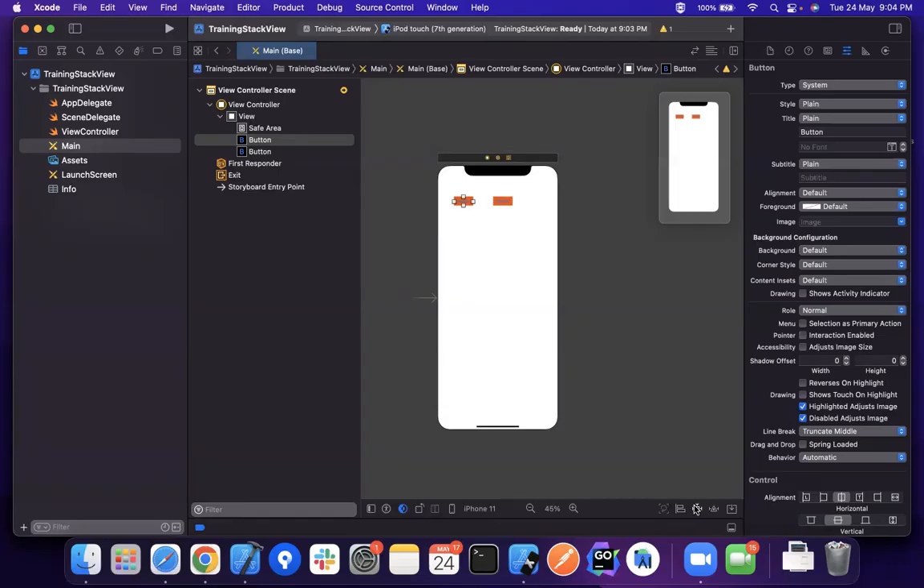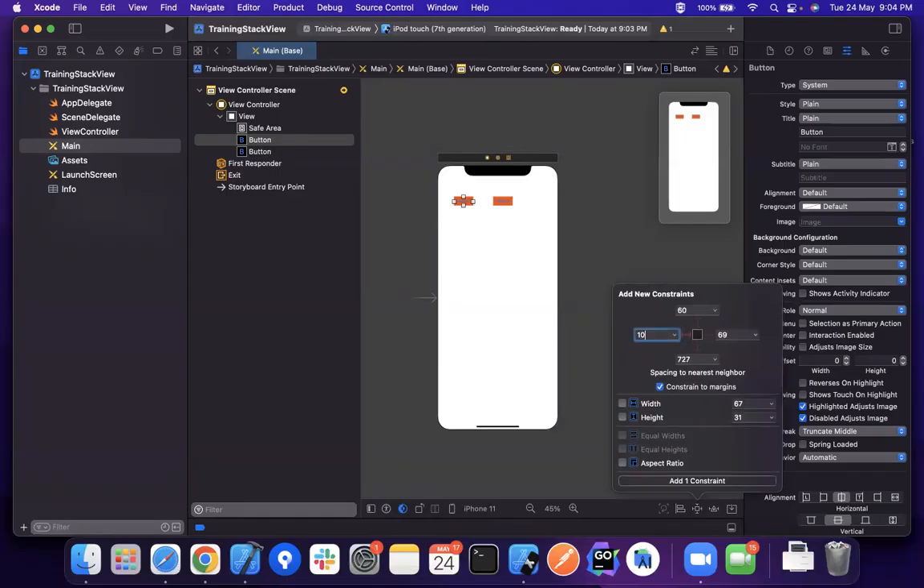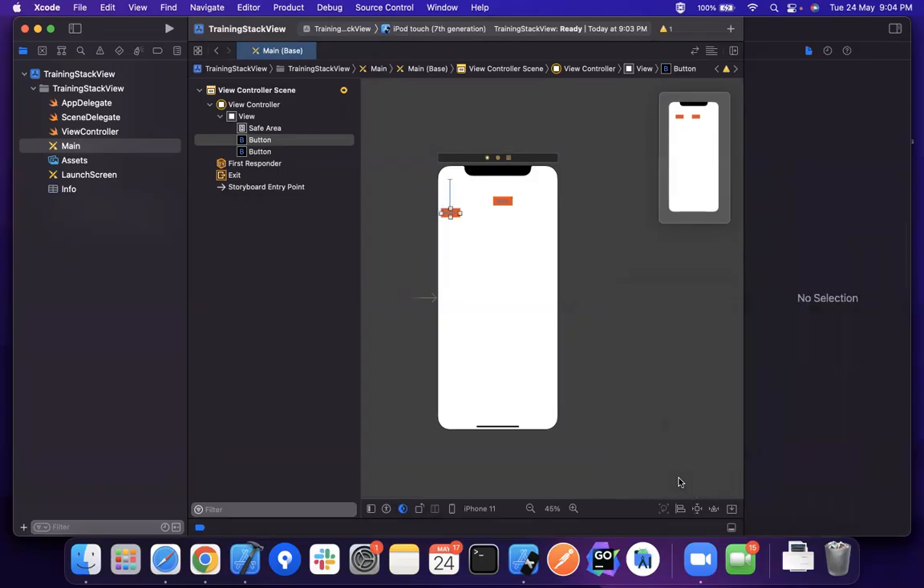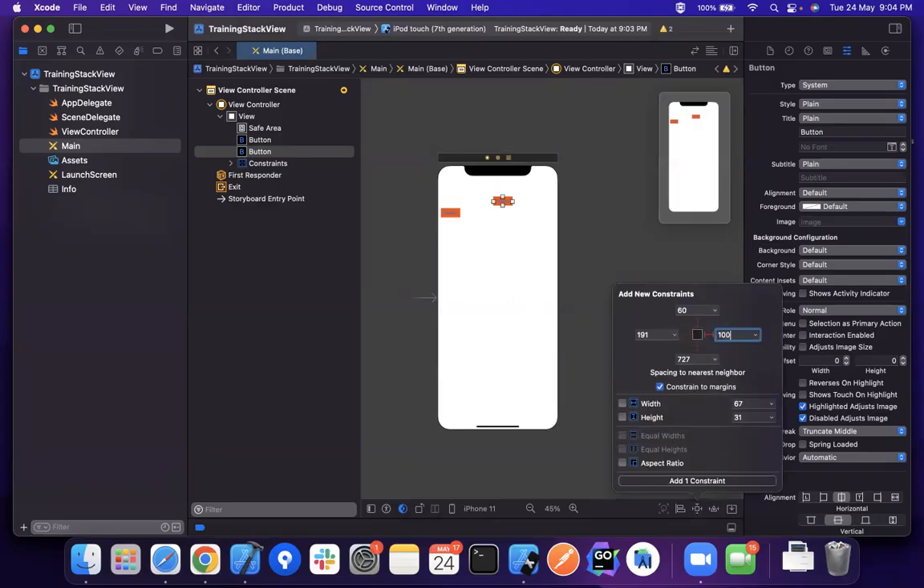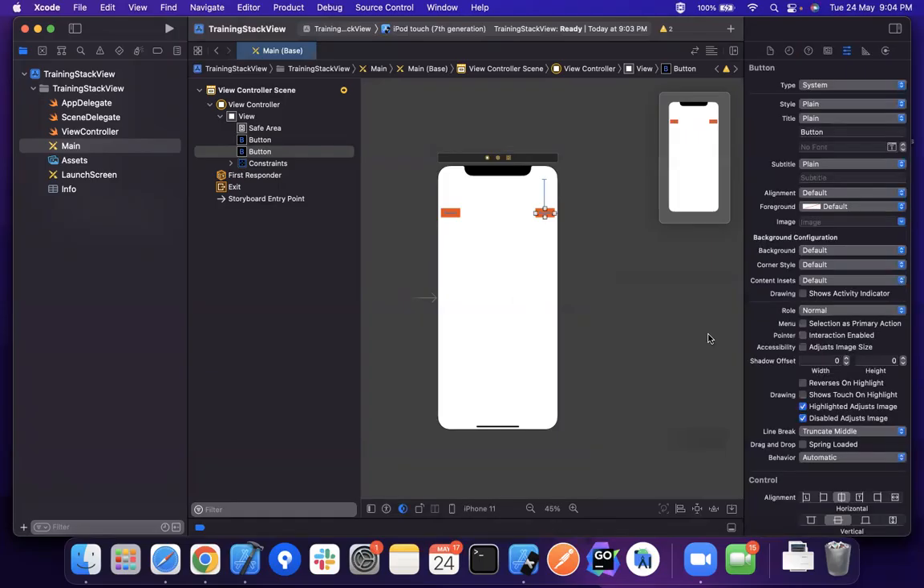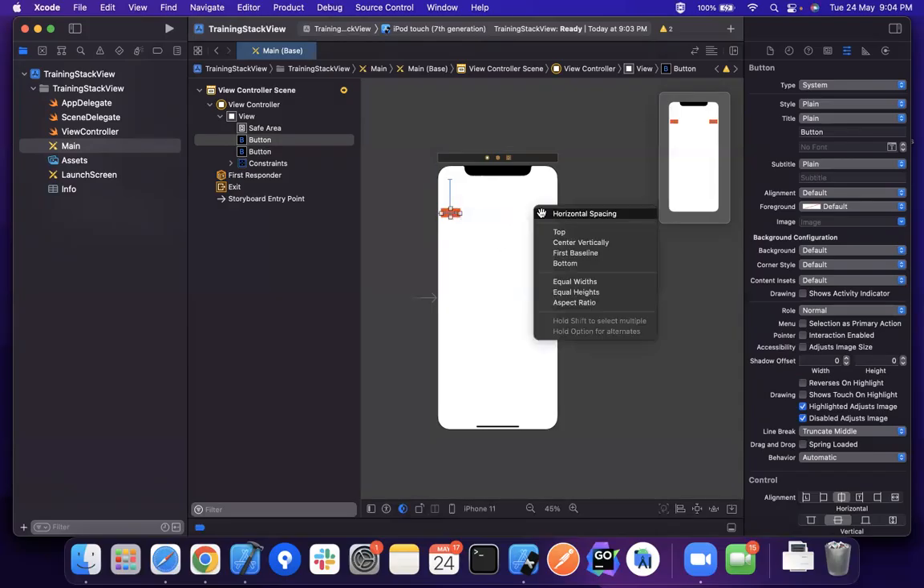Okay, so I will add, suppose, 10 from here, 100 from top. So I added that for this button. Now I will add trailing 10 for this button, and 100 from above. Now I want to stretch these two buttons and have equal spacing of 10. So if I add horizontal spacing between them as 10,